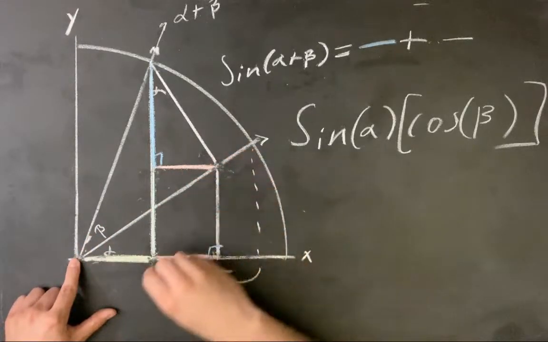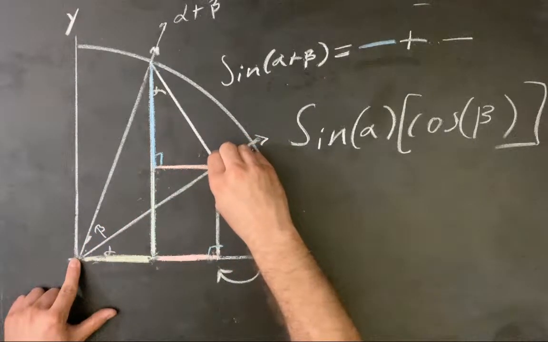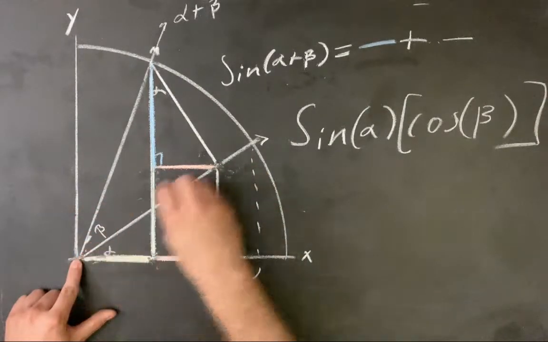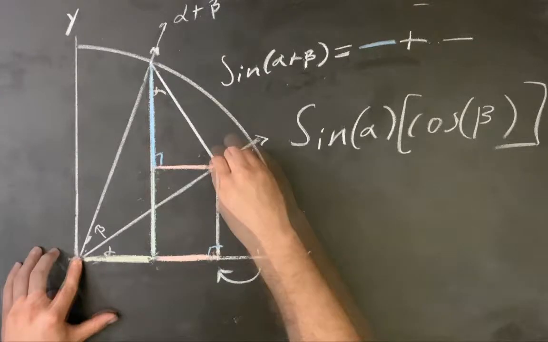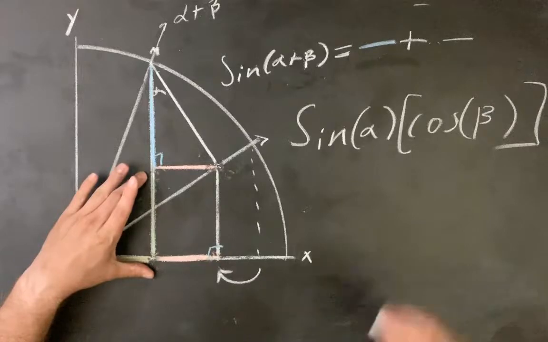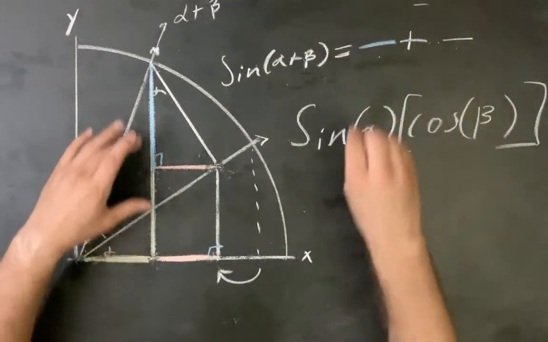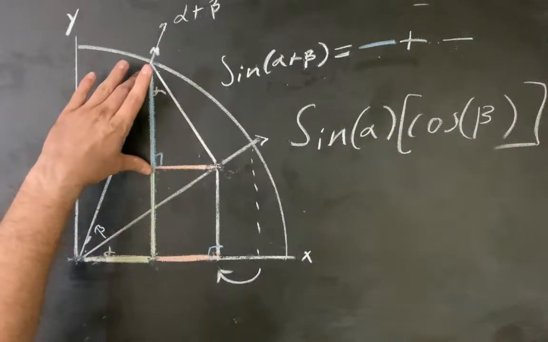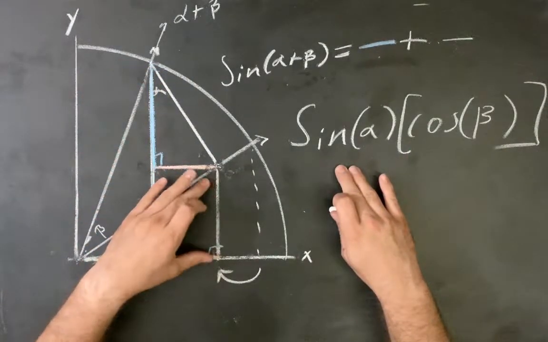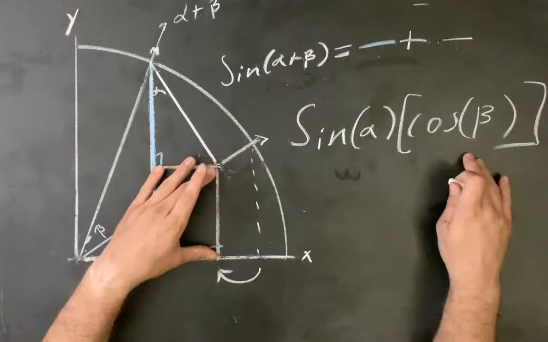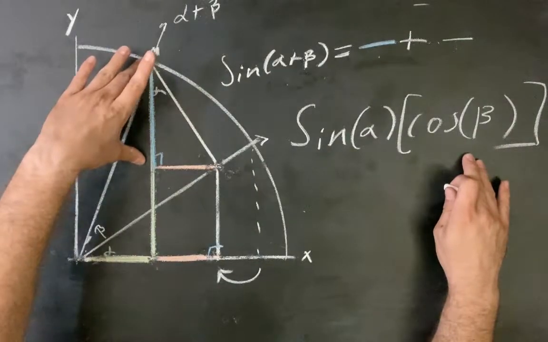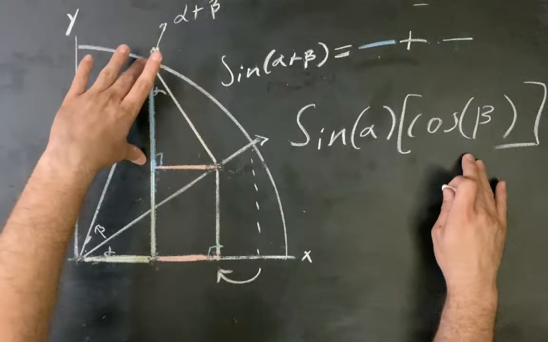Because the cosine of beta, which would be the x component of the angle beta, which would be from the origin to this point here. And so now that we have the green line here, we just need to add on the blue line. So how do we find the blue line here? So using the same concept that we found that it was the sine of alpha and scaled by cosine beta, we're going to do the same idea and we're going to find some length here, which we see that it is,